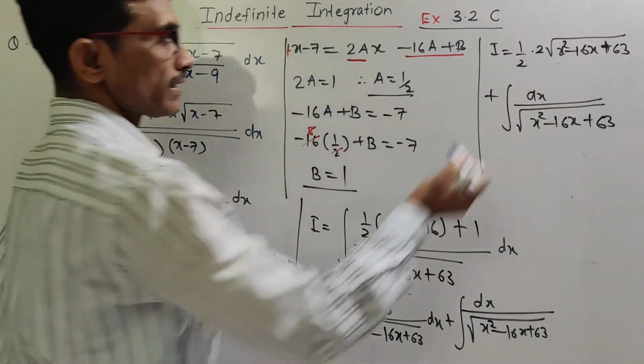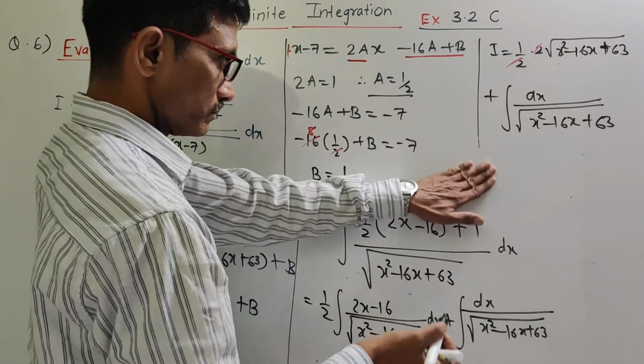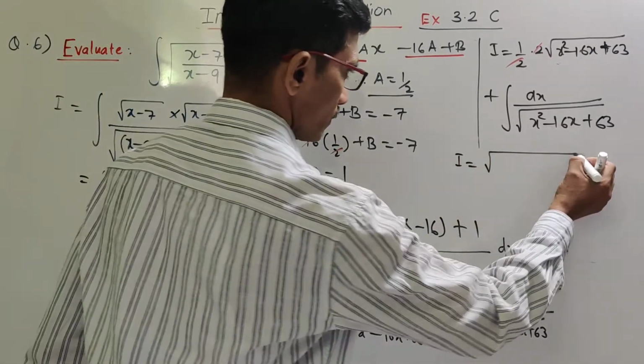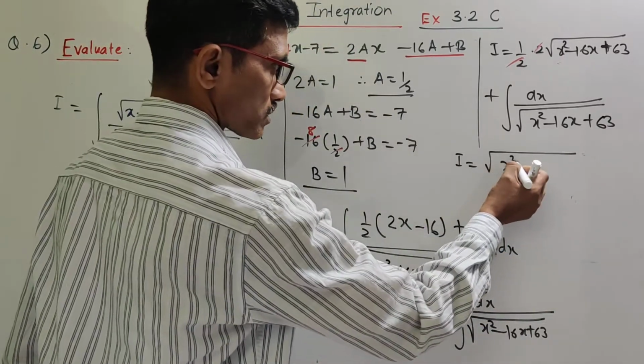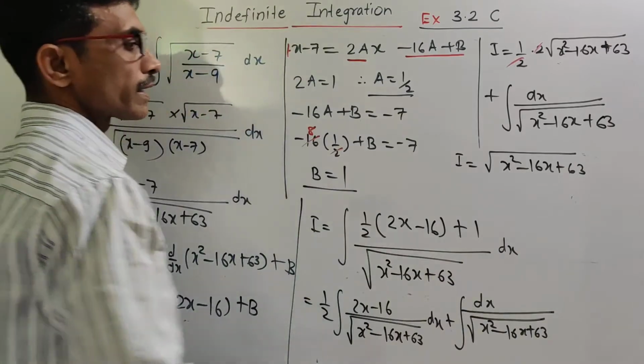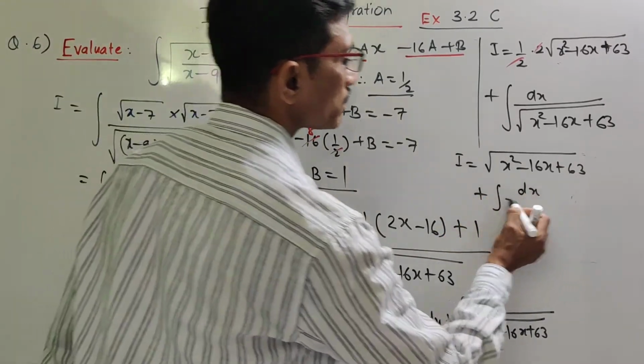Now this 2 is getting cancelled. Now I is equal to root of x square minus 16x plus 63 plus the second integral, dx upon root of